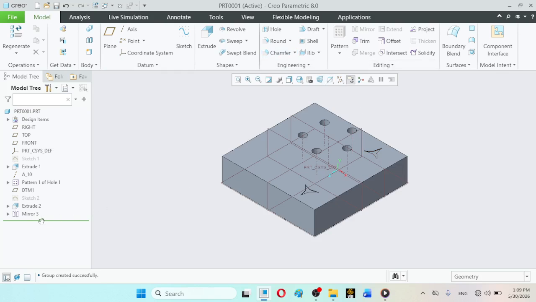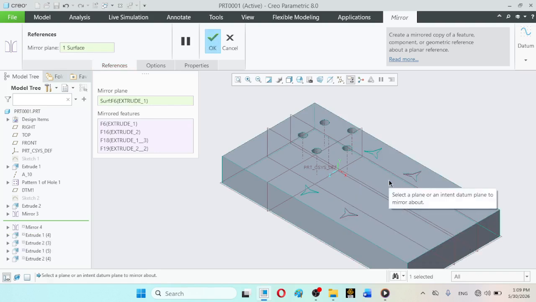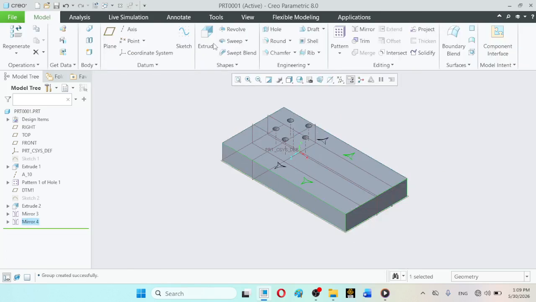You can click on mirror, select this extrude 2, or you can also select this extrude 1, for example, and the mirror command is available, and you can select this face like this. So you have observed that this is successfully mirrored.